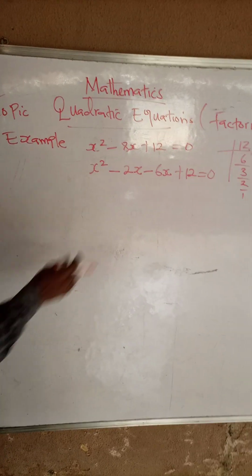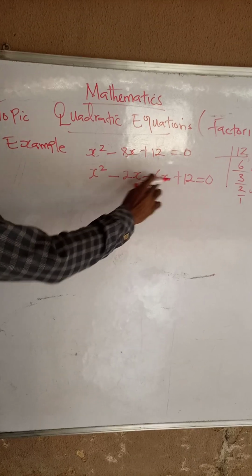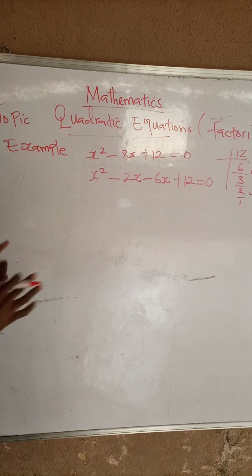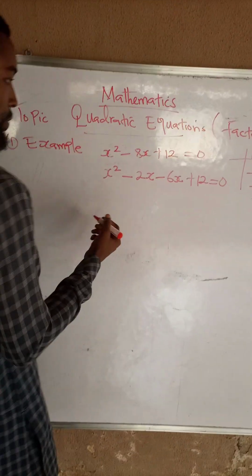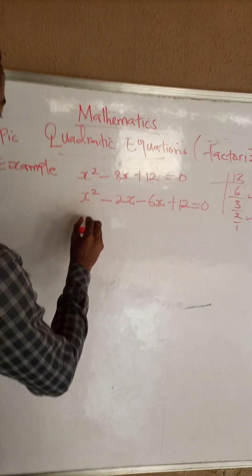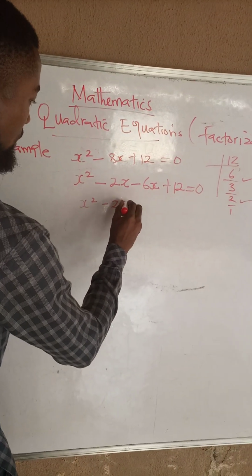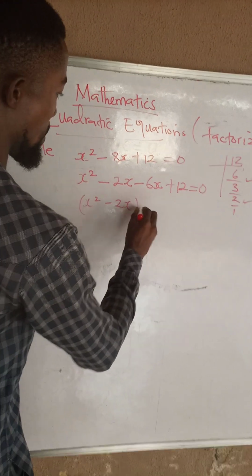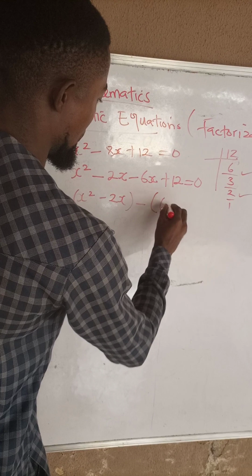Yes, you can use minus 6x minus 2x. Anyone can do it, it is the same thing, just like when you add 4 plus 2 or 2 plus 4, they are all 6. Now, put it this way: x squared minus 2x in a bracket, minus, open another bracket, 6x